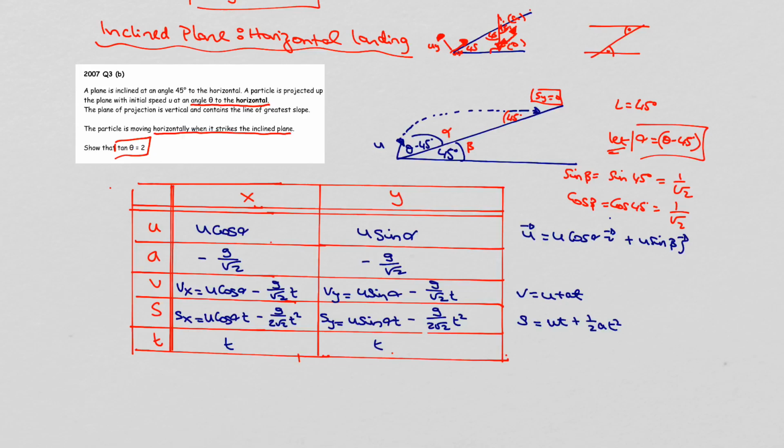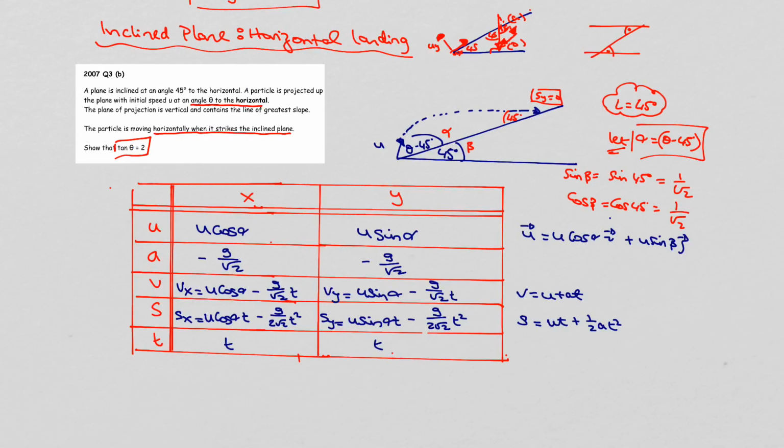So we need to look at, well, it's landing horizontally, okay, so therefore we know the landing angle up here on the right hand side is 45 degrees, and we also know that sy is equal to 0. So in order to get our landing angle, we know that tan L is minus Vy over Vx. And of course, if we look at Vy and Vx, we need t, our time. And if we're looking at Sy equals 0, what we can do is actually find our time of flight. So we're going to start with that process. So we're going to say, on landing,